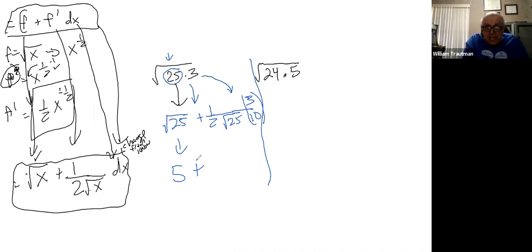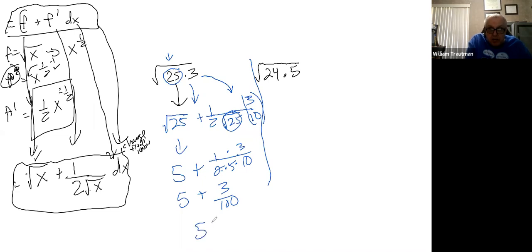So we're adding that. And we're going to add 1/2 times 1/5, and then we have 3/10. Do you see? All this is multiplied together. This is how Newton did it. 1 times 3 on top is 3. On the bottom, we have 2 times 5 is 10. 10 times 10 is 100. And when we do this, we get